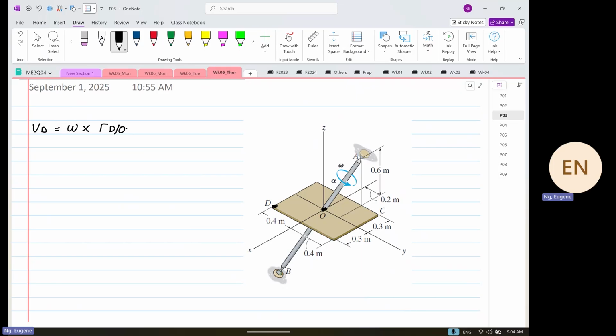All right. So R of D from point O is equal to what? Is equal to 0.3 I in Cartesian format, okay? And then minus 0.4 J. Okay. So now you have V D